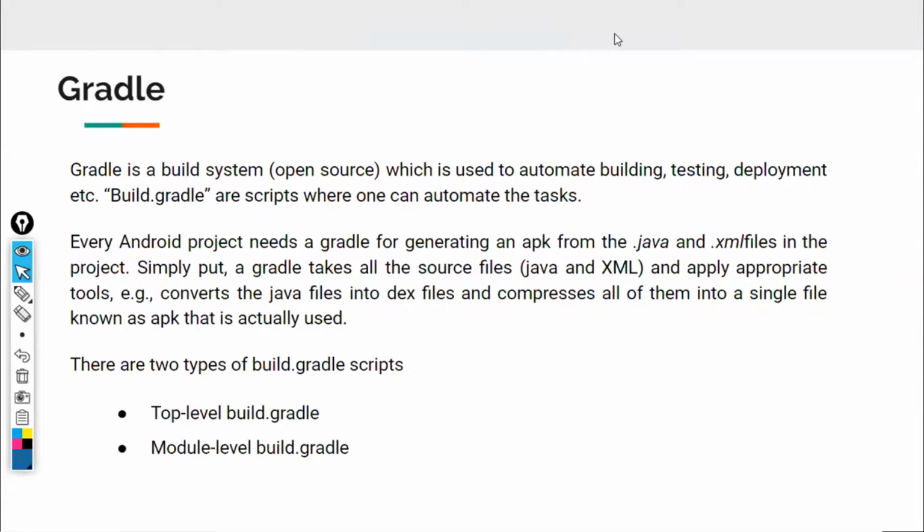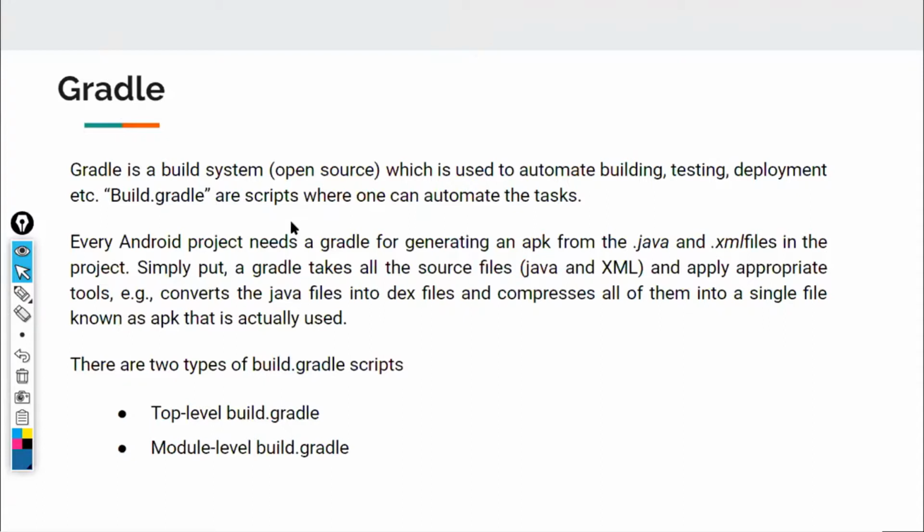Like yesterday and the day before yesterday, we discussed the whole process of Android compilation, didn't we? We discussed how the Dex compiler works, how the AAPT comes into the picture, and all those things. Now, in Java also things have been automated, but Android does all the things for you. You don't have to worry about what is getting linked with what, etc. You just have to code, click on the run button, and everything happens on its own. So Gradle is that feature which automates all these things for you.